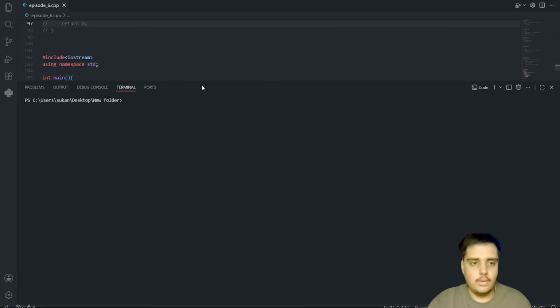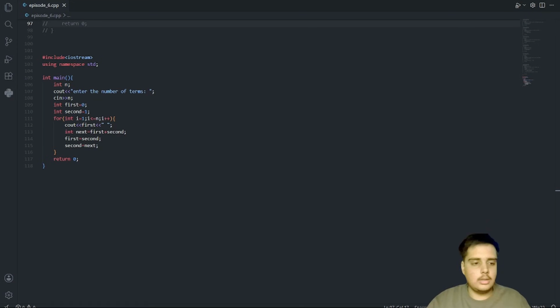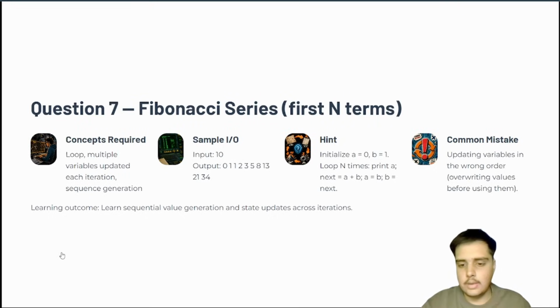Now if I run the code, it asks me to enter the number of terms. So let's say I write 10 here. It simply gives this output, and let me show you that the same output is given here. So it means we are correct, and we have done this question also.